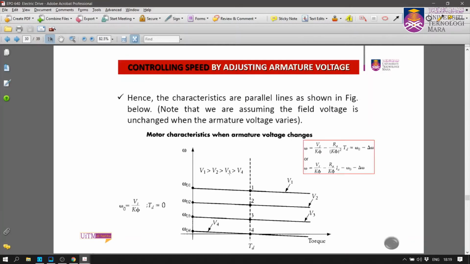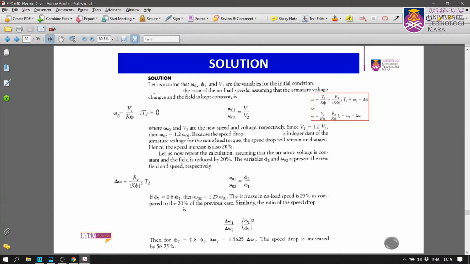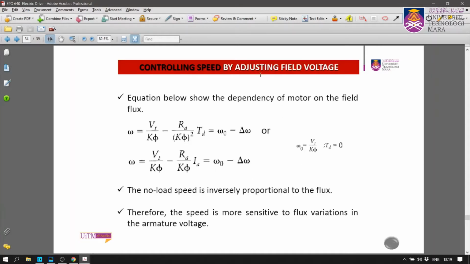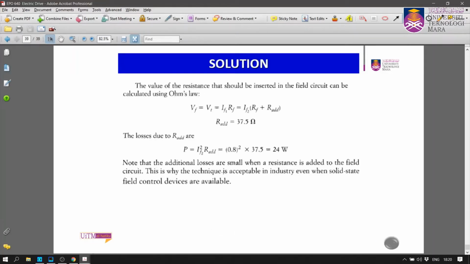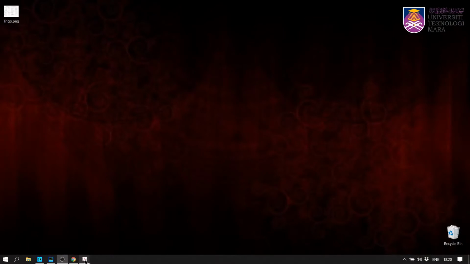This is a speed torque characteristic with armature voltage. We also have adjusting resistance, armature resistance, armature voltage, and field voltage. And finally, we go to adjusting the field voltage. Is that it? Yeah, so you just go back and look at the notes again. The notes that I've shared now actually consist of the solutions, compared to the previous ones. Okay, so now we go through the